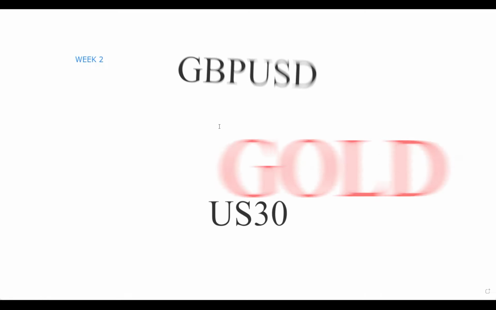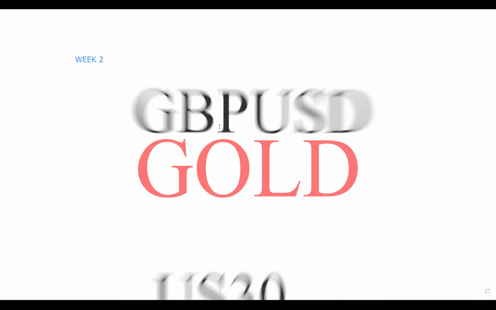So for this week, I'm going to be taking a look at our regulars, which are going to be GBP/USD, gold, US30, and we're also going to be taking a look at the index, so that it gives us an idea of what the dollar is about to do this coming week. Then we can use that to correlate and look at some of the technical perspective on the pairs we are going to be trading this coming week, as you all already know.